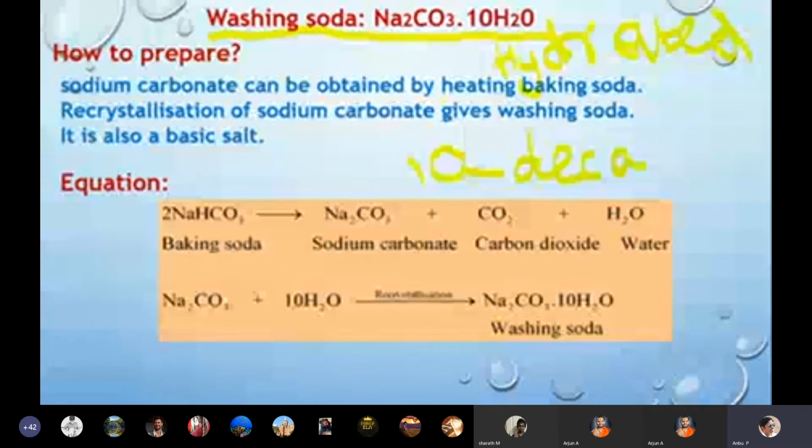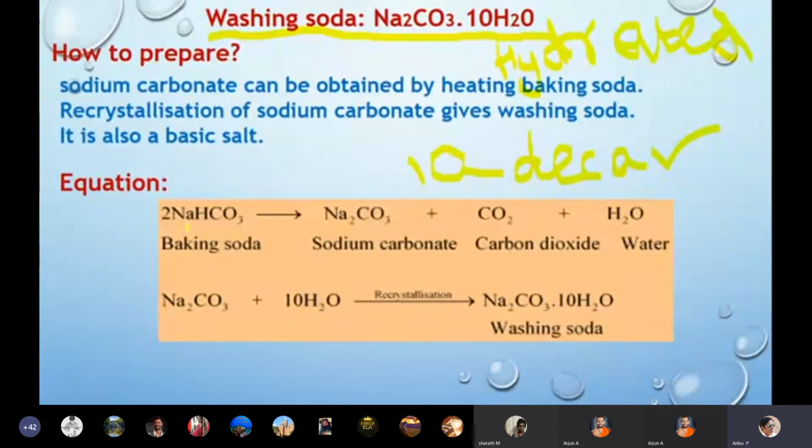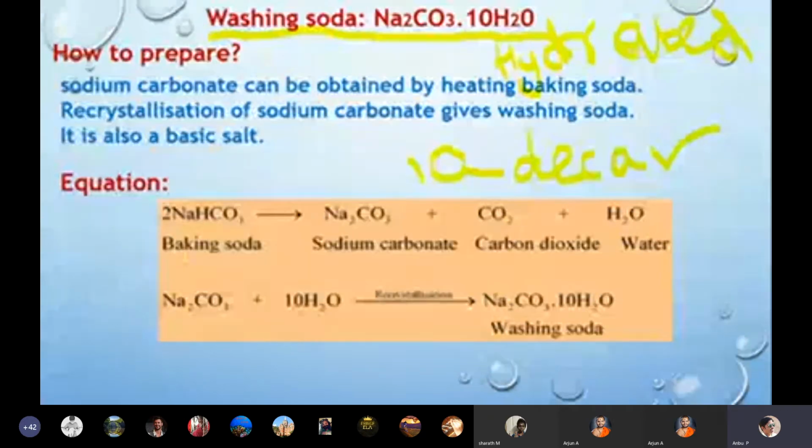So how is it obtained? Very simple. It is obtained from baking soda. If you just heat the baking soda, you will be able to obtain sodium carbonate. We all know baking soda has the formula NaHCO3. By thermolysis, you are just increasing the temperature of the baking soda. It results in the formation of sodium carbonate, that is Na2CO3. Of course, it also releases a small amount of carbon dioxide gas and water. Once you obtain this sodium carbonate, a particular amount of water molecules is added. This process is called